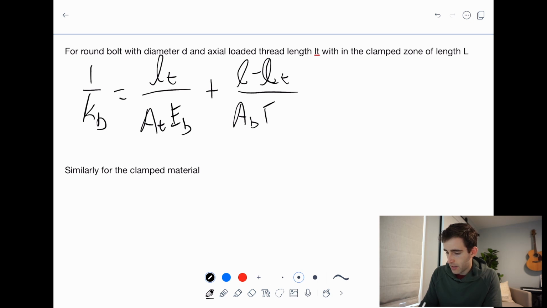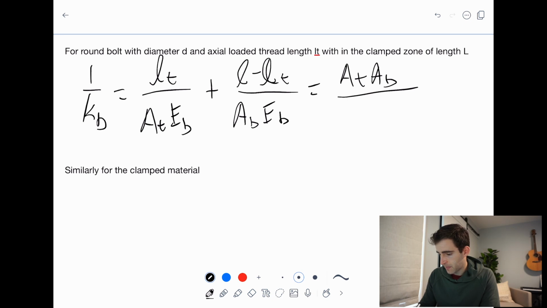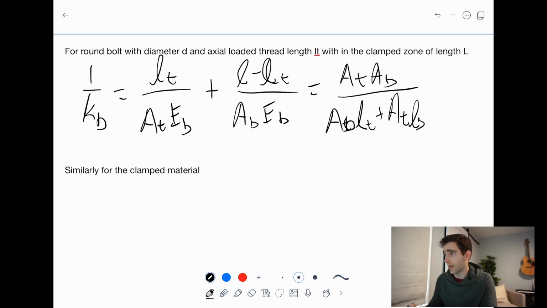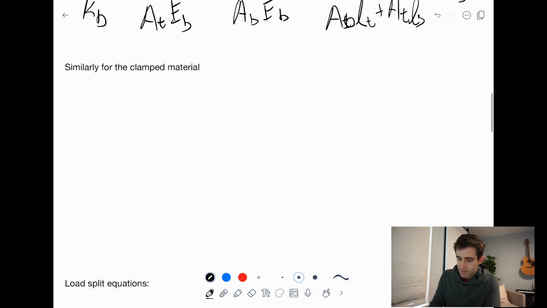AB is the cross-sectional area of the unthreaded region of the bolt, and AT is the threaded region of the bolt. We can combine these: ABLT, ATLS, where LS is the unthreaded shaft length. And similarly, for a clamped material, the spring constant,